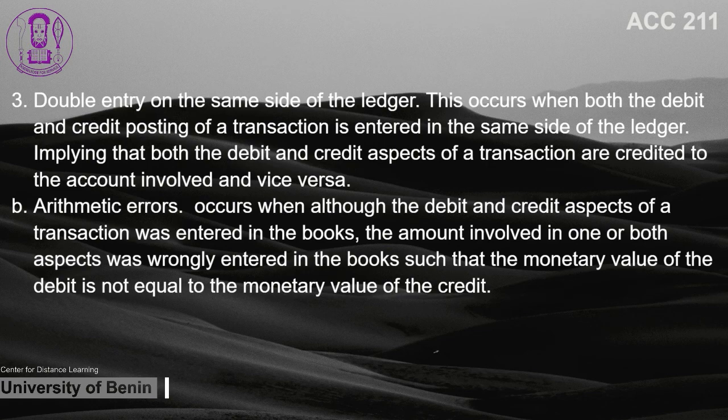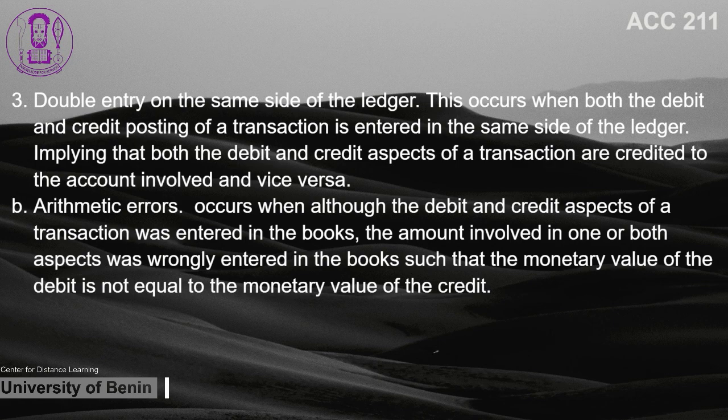3. Double entry on the same side of the ledger. This occurs when both the debit and credit posting of a transaction is entered on the same side of the ledger, implying that both the debit and credit aspects of a transaction are credited to the account involved and vice versa. B. Arithmetic errors. Occurs when, although the debit and credit aspects of a transaction were entered in the books,